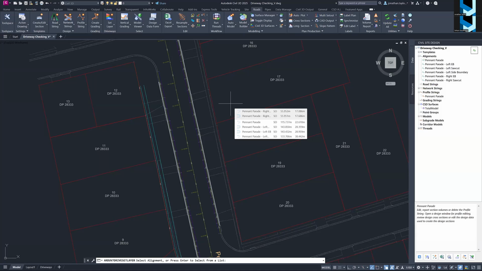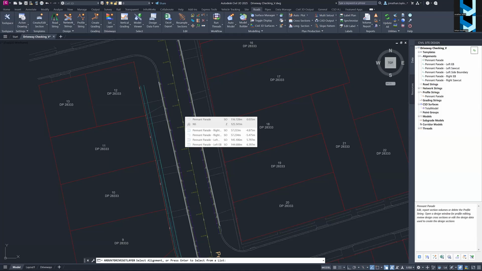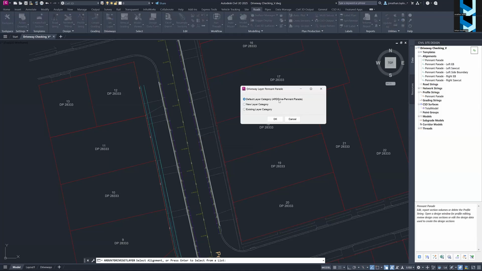And the reason why is because when I click near the string that I'm using, Pennant Parade, it will prompt me to create a layer, nice little sort of a touch point here, back to ARD, for those of you that remember it. It will create a layer called ARD Drive-Pennant Parade. And the reason why is because any polylines that I draw on that layer very shortly will all be assigned the same driveway criteria. We'll talk about new layer and existing when I come to do the left-hand side,